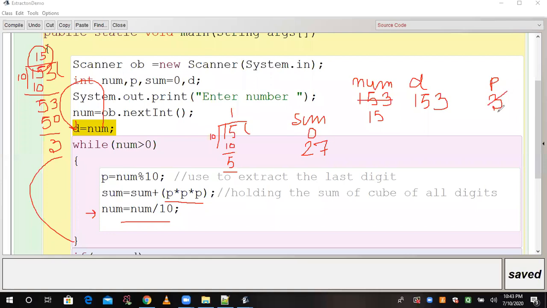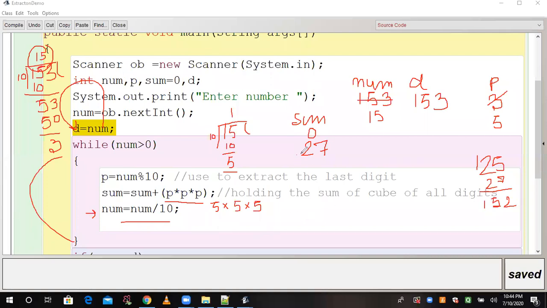You will get 5, and 5 into 5 into 5 is 125, and 125 will be added in sum, and sum is 27. So 125 plus 27 will become 152, if I am not wrong.